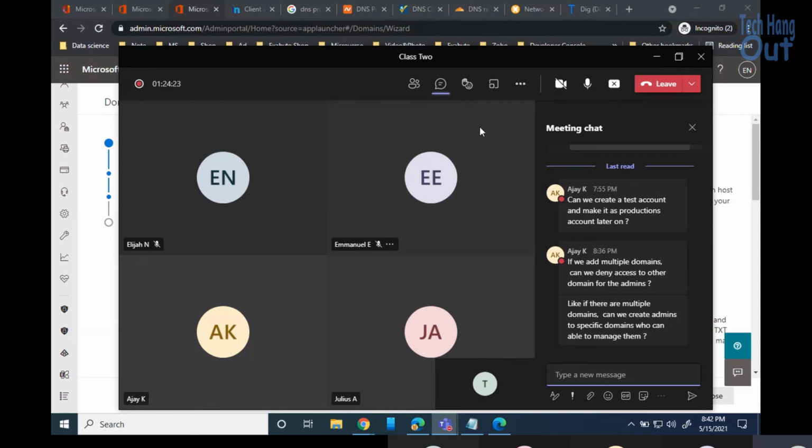So if you add multiple domains, there is no way to deny access for other admins, provided we have different levels of admin. Provided the person is, let's say, a global admin or domain administrator, the person will be able to go to that aspect. But for example, if